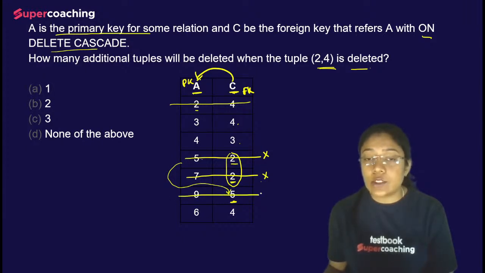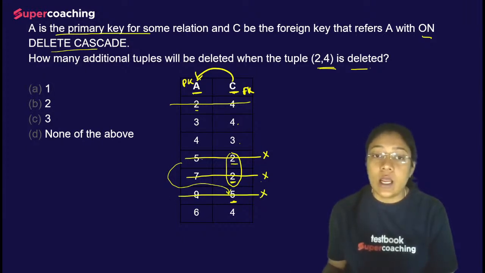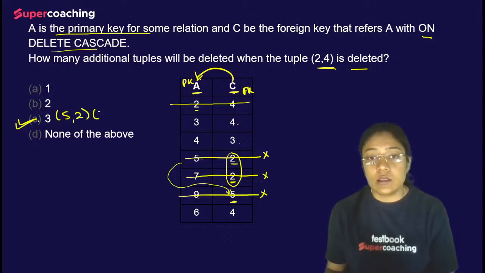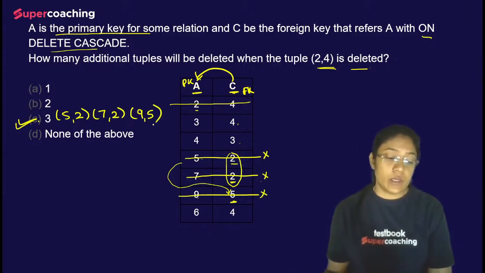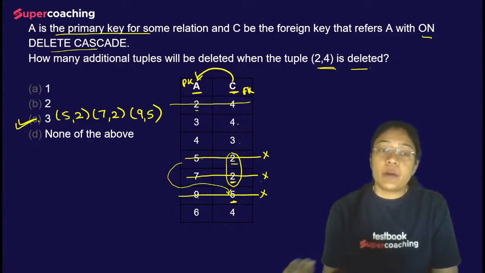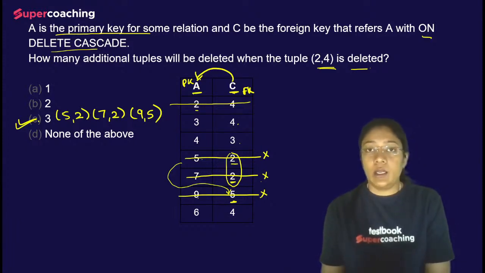So this has to be deleted as well. So 2, 5, 7, 9 should not be present under C. Yes, it's not there. So this means that 3 additional tuples are deleted. That is 52, 72 and 95. Clear? तो आपसे नंबर ऑफ टपल से भी क्वेश्चन आ सकता है, और दे में आस्क दैट